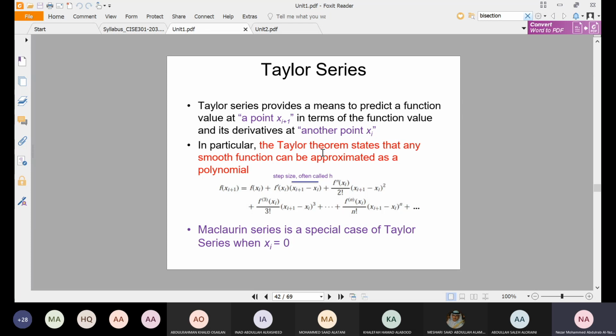So in the previous lecture, we took a review of Taylor series expansion, and we said Taylor series is one method that helps us approximate a smooth or continuous function in the form of a polynomial. So why do we do this? Usually we want to simplify the function, to put it in an approximated way that will help us